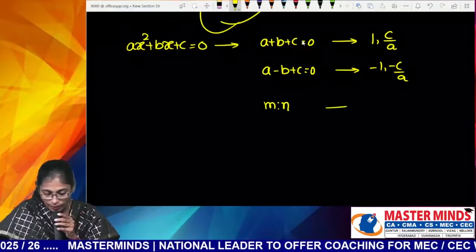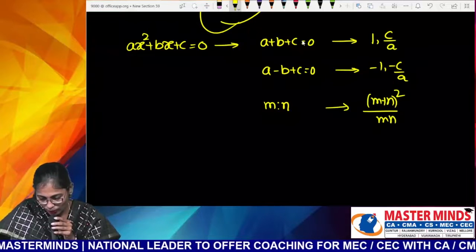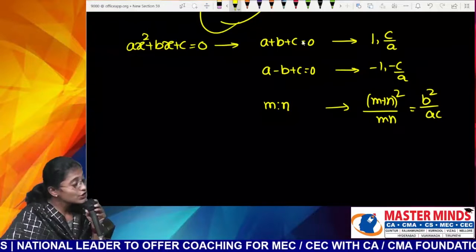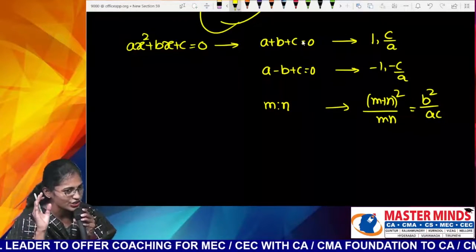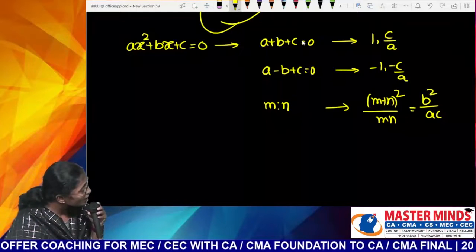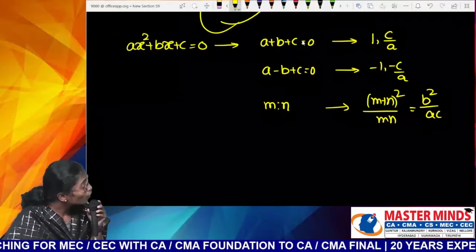M is to N. Then read out this formula, Nana. M plus N whole square by MN equals B square by AC. This formula itself is a final exam question, so please take care of the formulas as well in this topic. So if the roots are in the ratio M is to N, then what is the notation that you have, Nana? M plus N whole square by